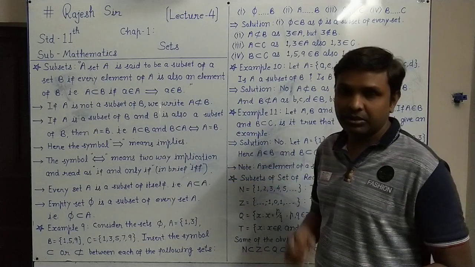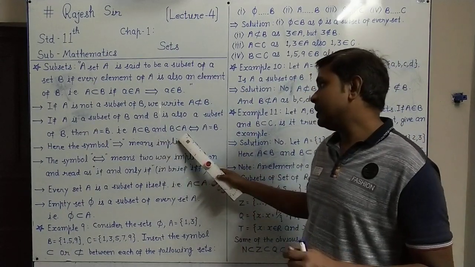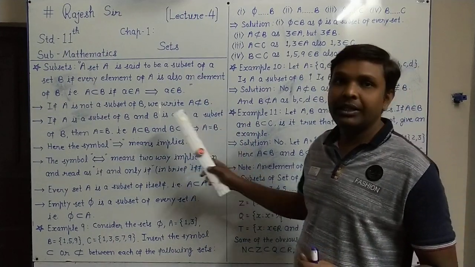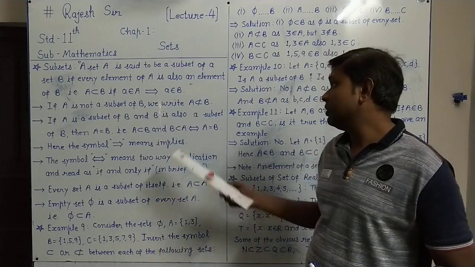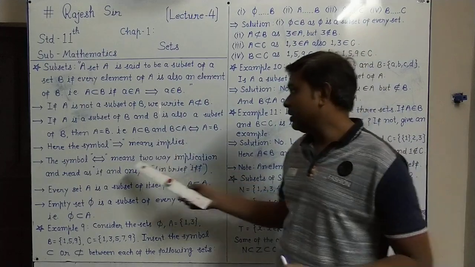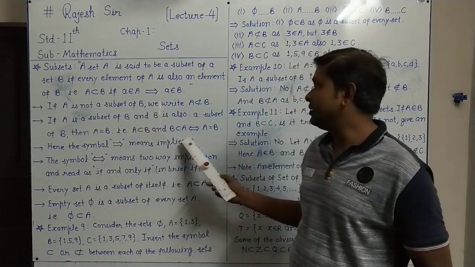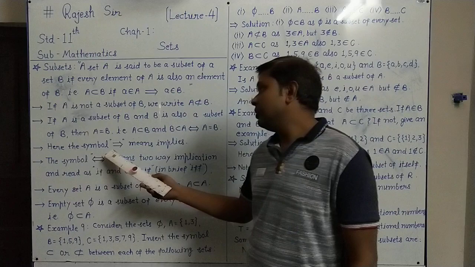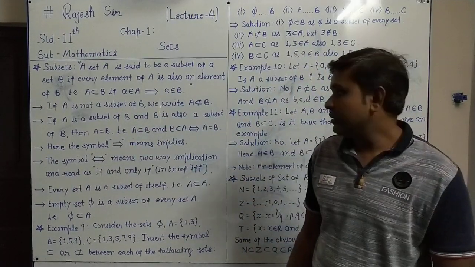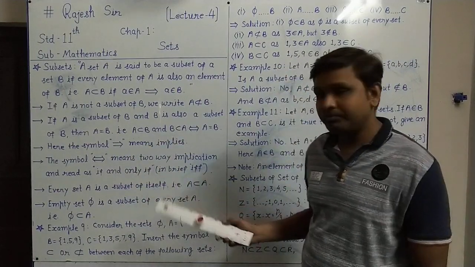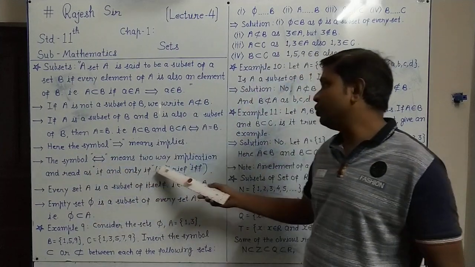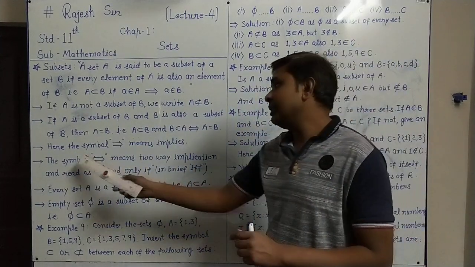Vice versa, that means if A ⊂ B and B ⊂ A then A = B, and the reverse also: if A = B, then A ⊂ B and B ⊂ A also. So this is the two-way implication sign. This is also called if and only if. Here we have written both symbols: the symbol ⇒ means implies, it is for if then. And the double implication ⇔ is two-way implication, both sides implication.